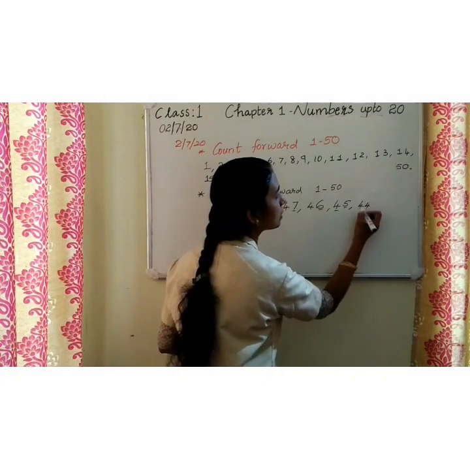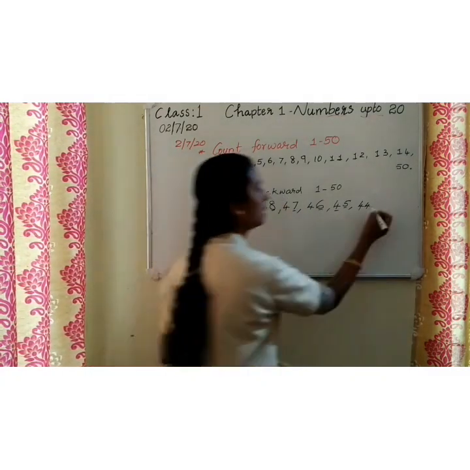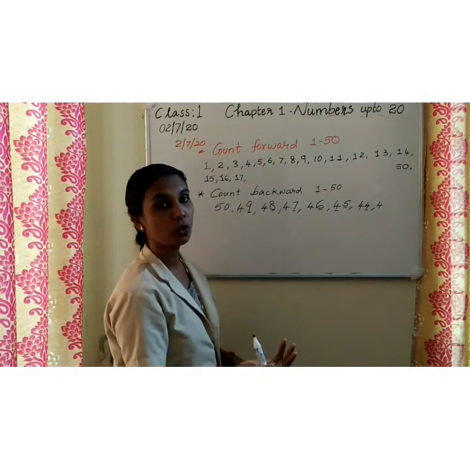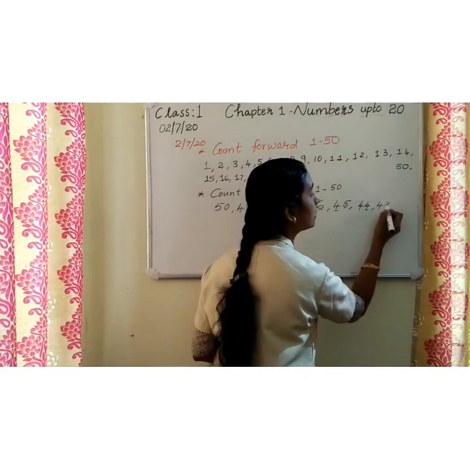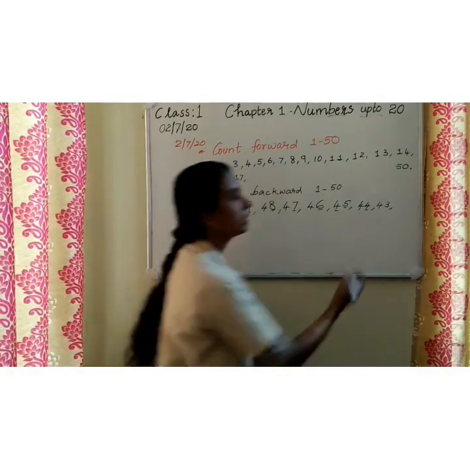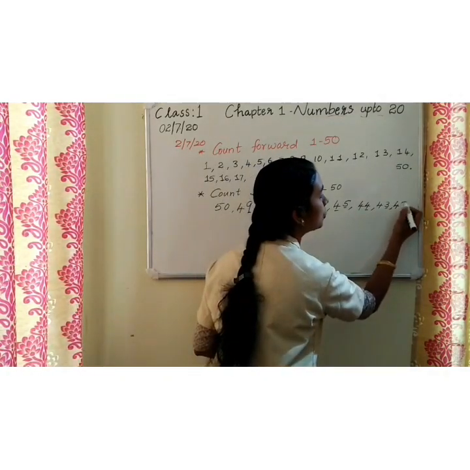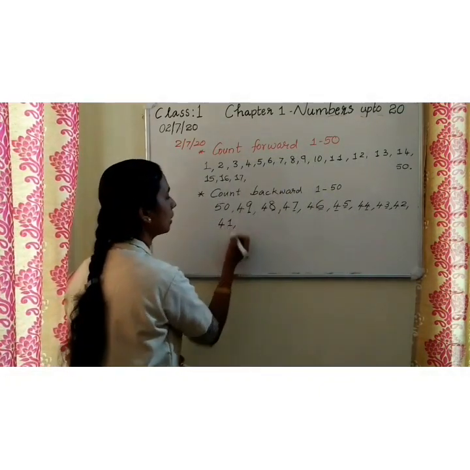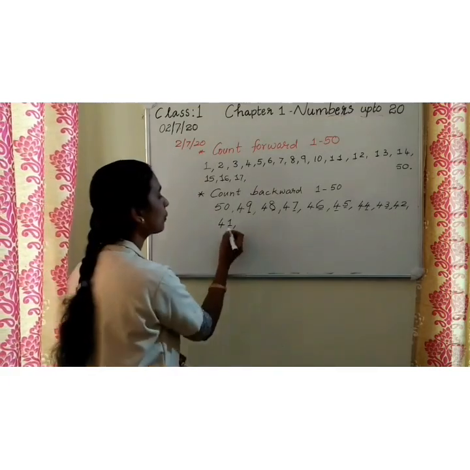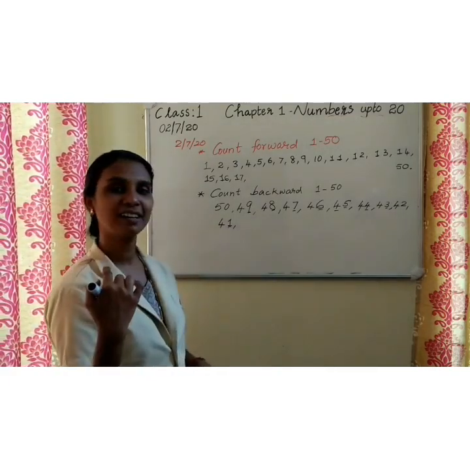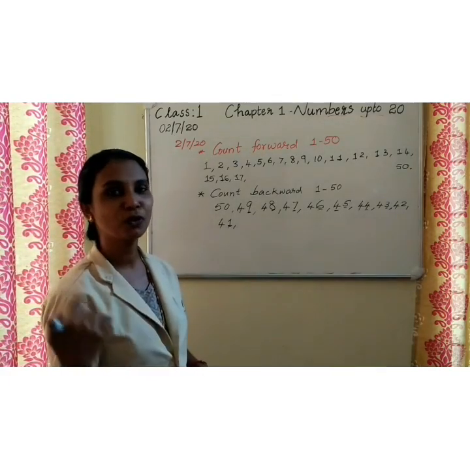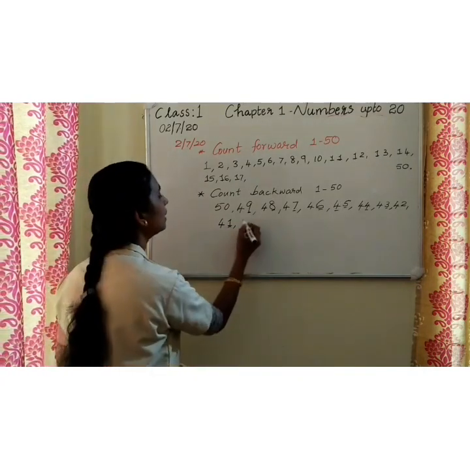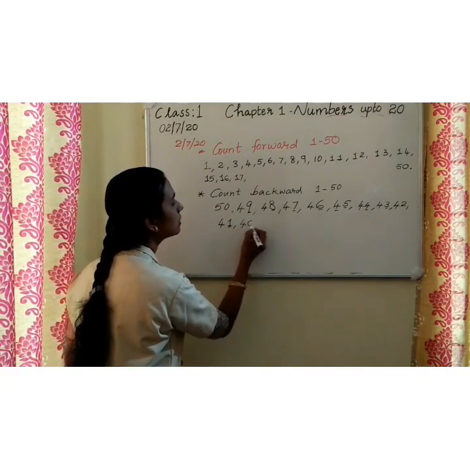And this tens place 4. Okay. Then 44. The number before 44. 4 before. The number before 4 is 3. 43. Then number before 3 is 2. So 42. And number before 2 is 1. Yes. The number before 1. What comes before 1? Do you know what comes before 1? It is 0. So you write the number before 1 is 0.